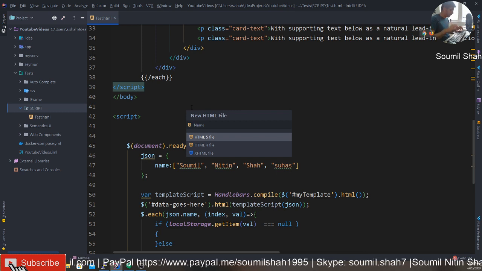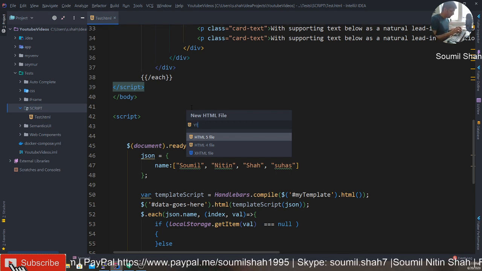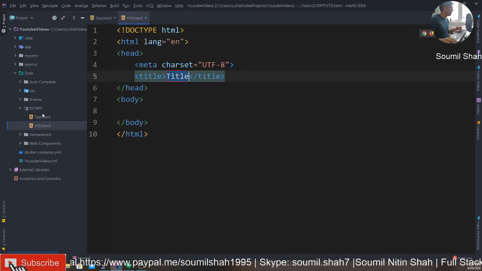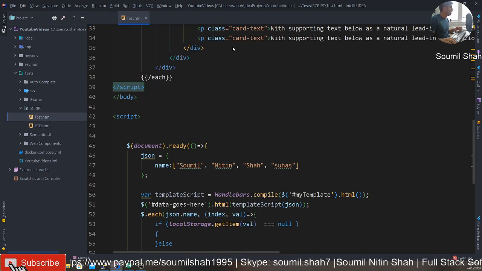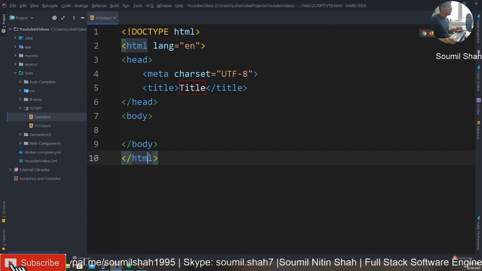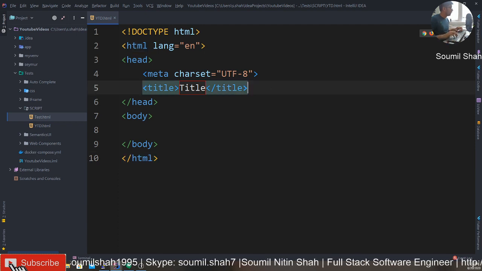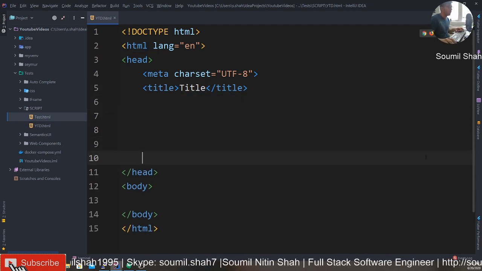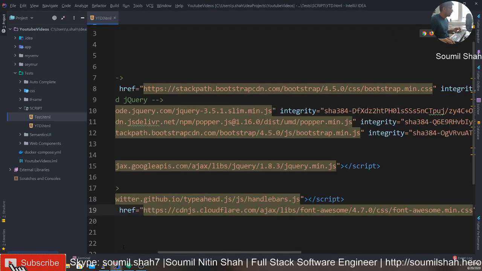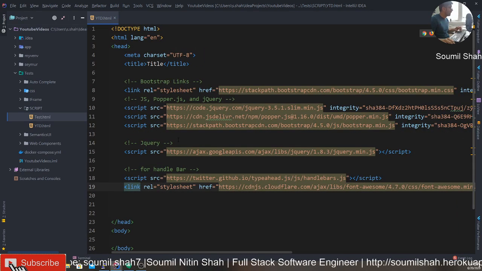First of all, let's create an empty file. Let's call this YTD, because I'm going to delete it. I'm going to create a very blank HTML file right here, and also put the snippets on this section. Yeah, that's much better. The very first thing we need to do is import all the necessary libraries, for example jQuery, Bootstrap, and Handlebars. I have the links of all their CDNs, so I'm going to add them here. You can see I have linked all the CDNs.